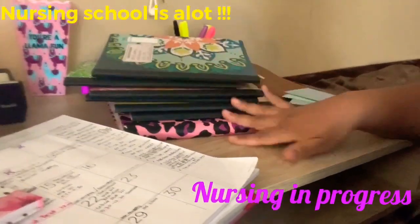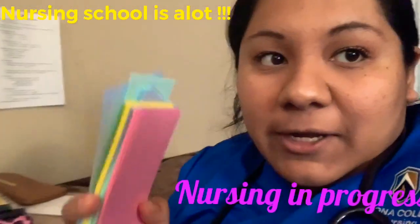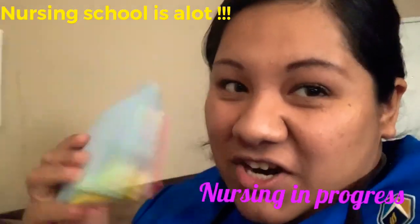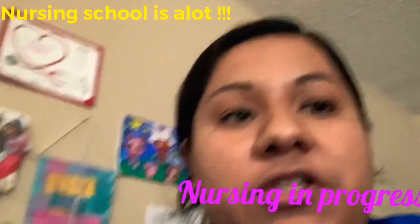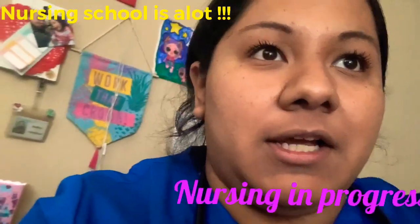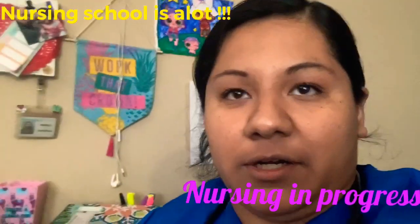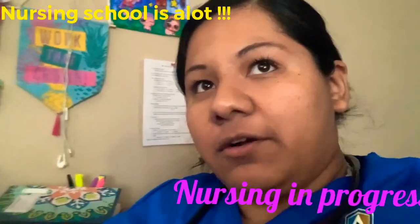My notebooks are right there. Next, flashcards to study. When I do my ATI, at the end of your ATI module, you're gonna have tests. What I do is I write those down and then I put them in my flashcards. Then I go over that, because I feel like those ATI modules are there to teach you, and if you can write stuff down, that helps me study. Not the actual question, but if the ATI question tells me, okay, let's learn about health assessment, as I mentioned prior, and it's talking about something in particular, I'm going to write that down, like, okay, this is what they want